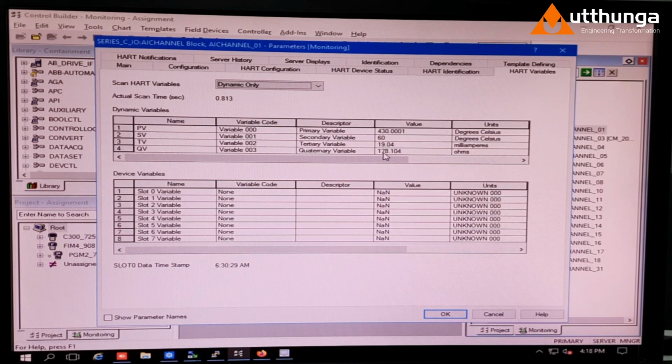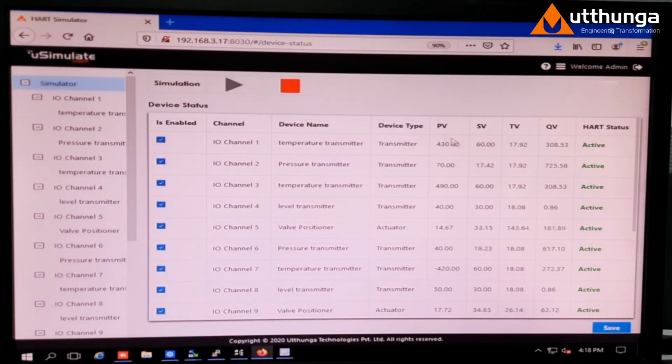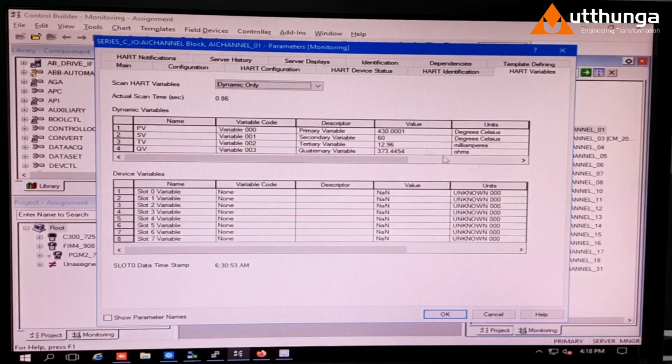The last one seems to be random, which is set in random configuration. The same values we can see here, 430, 60, 16 and the random values. So likewise all the channels can be connected and the same values can be seen in the master application.